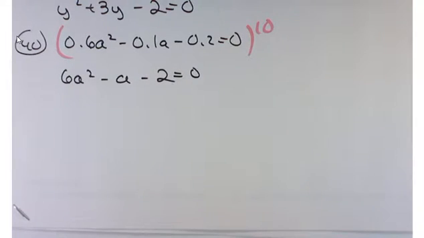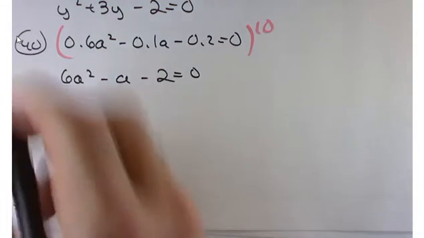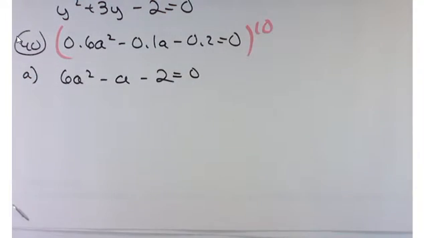Perfect. 6a squared minus a minus 2 equals 0. Okay. This one I think actually would factor if you did try and factor that one. Thanks again, Ruben. So that's part A. Part B,